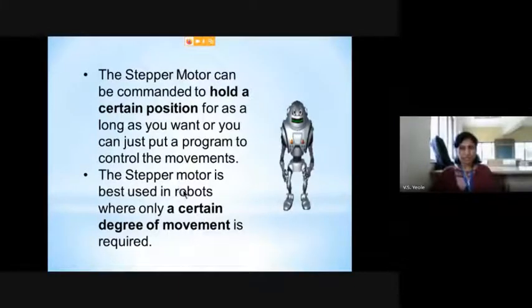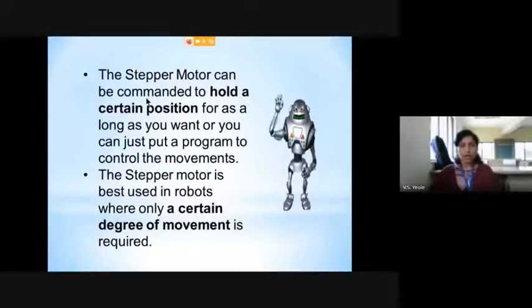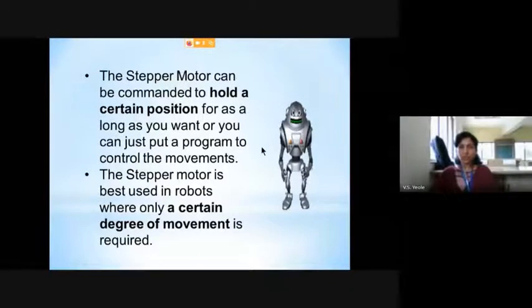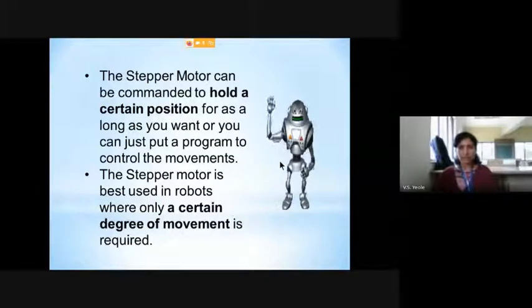So have you enjoyed the video in which you can see that the step movements are given to the robot by using a stepper motor? Now again in this slide you can see that the hand of the robot is moving in a particular direction. It is moving to a particular position. So we have to control these movements, and these movements can be controlled by using stepper motors inside the robot.